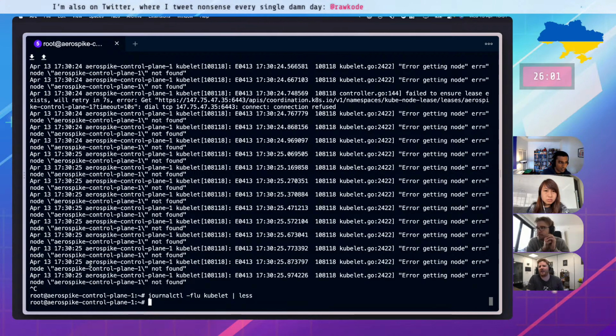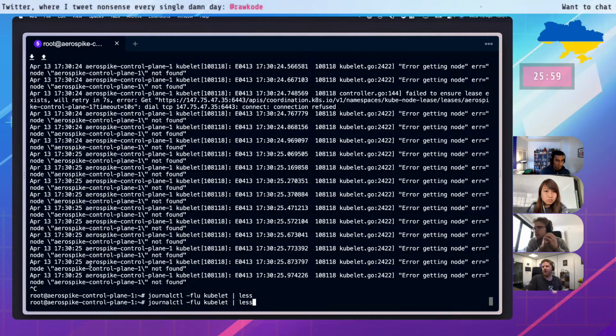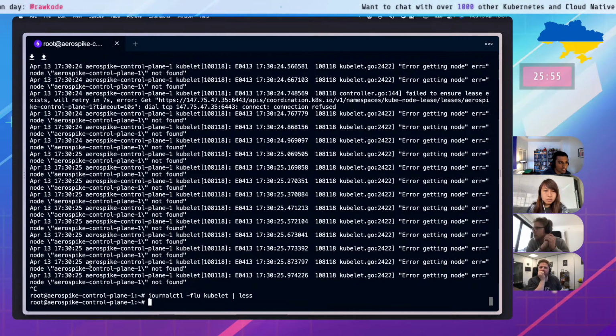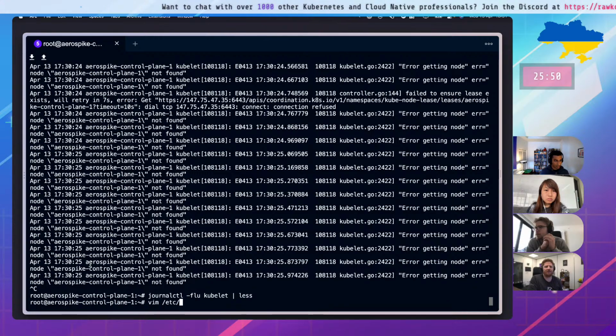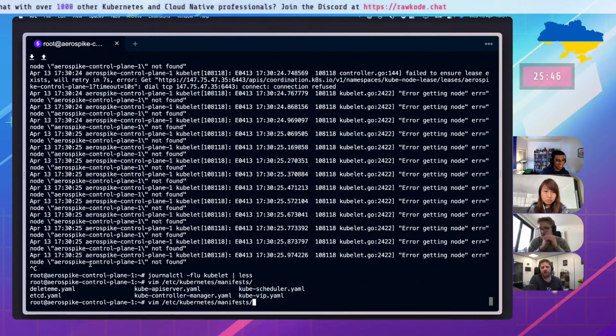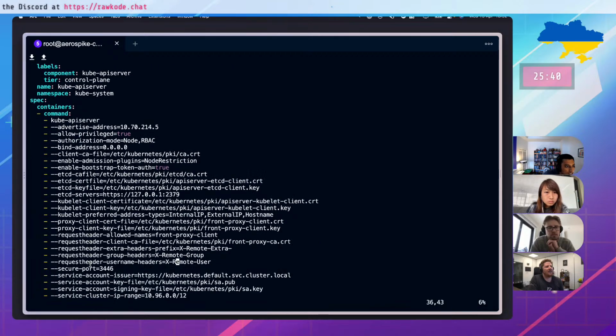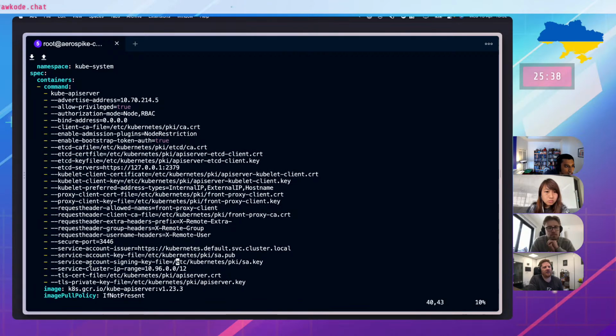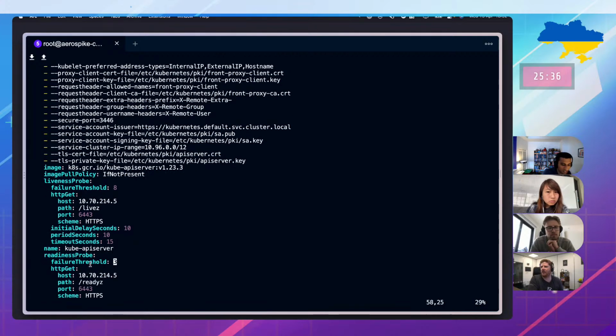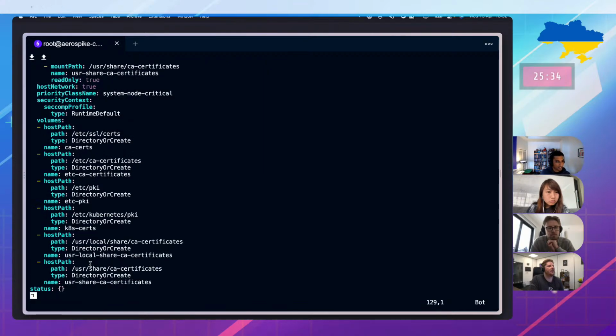So there's an error in your static manifest for the API server. Where was that? It's a Kubernetes manifest, kube-apiserver.yaml. I spent a lot of time in that file, strangely enough. And the error message pointed to line 130, if I believe correctly.